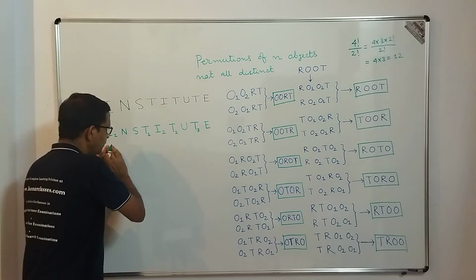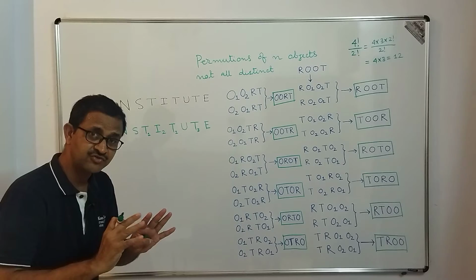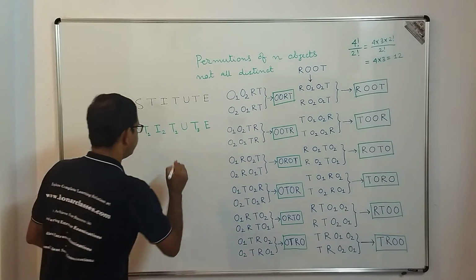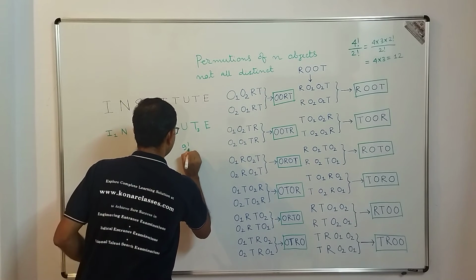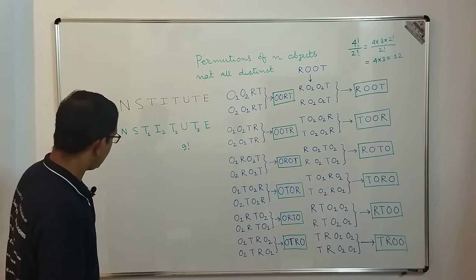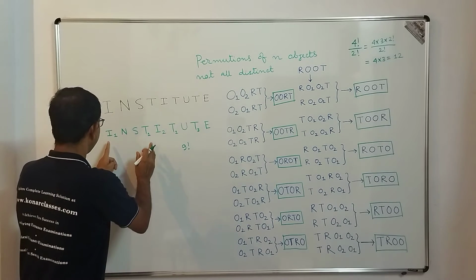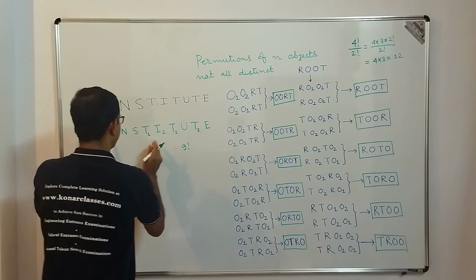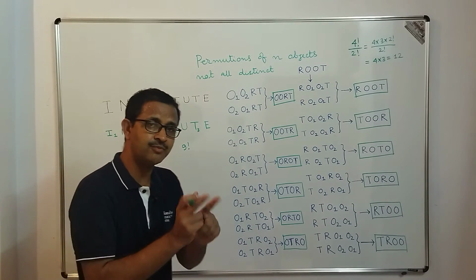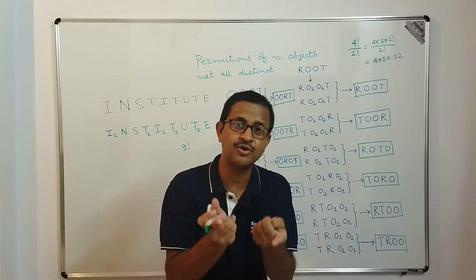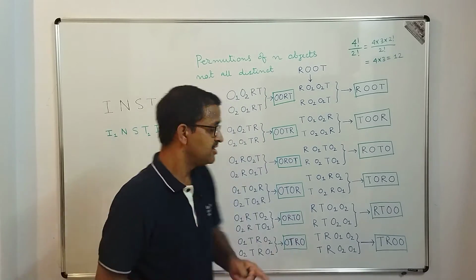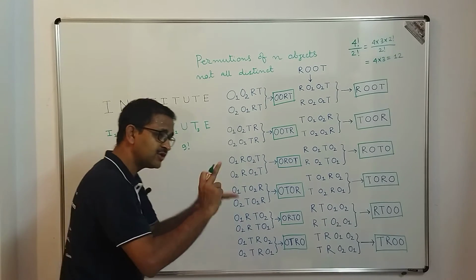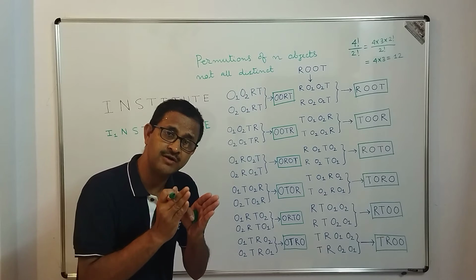So the moment we take all these letters as different, for the sake of our understanding, what is the possible number of ways of making the arrangement? Obviously 9 factorial. That's what we have learned. Now out of this 9 factorial, if we take I1 and I2 and arrange them, there are factorial 2 arrangements which are exactly the same, because I1 and I2 represent I. Similarly, T1, T2, T3, any permutations among them will represent the same word.